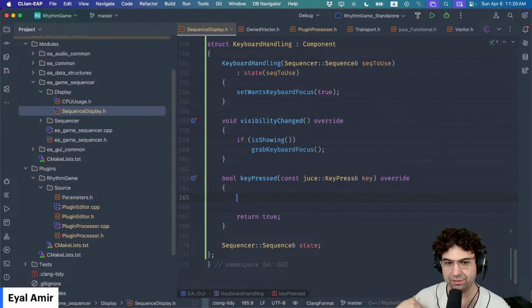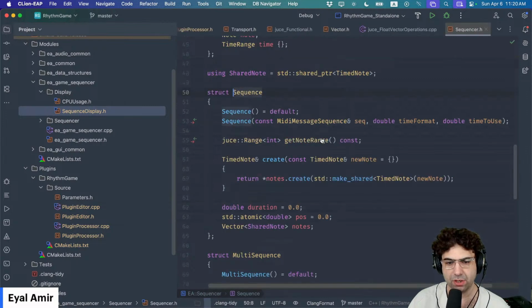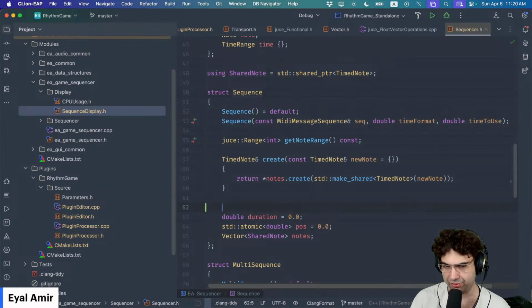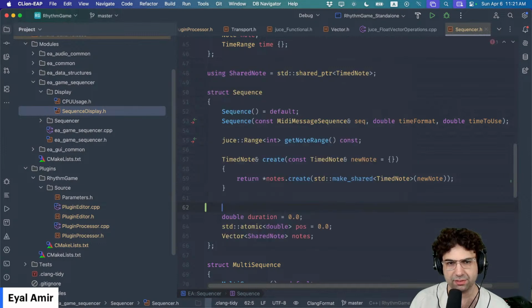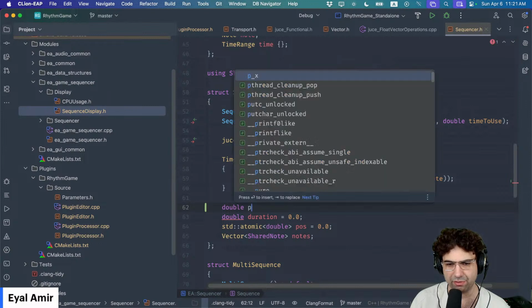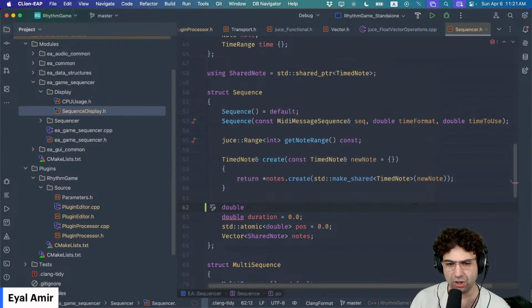So I'm just going to store this here for simplicity. Can this be a non-atomic? This could just be a non-atomic for now because it's just going to come from the UI thread, but it's not ideal that this is on the UI thread. So